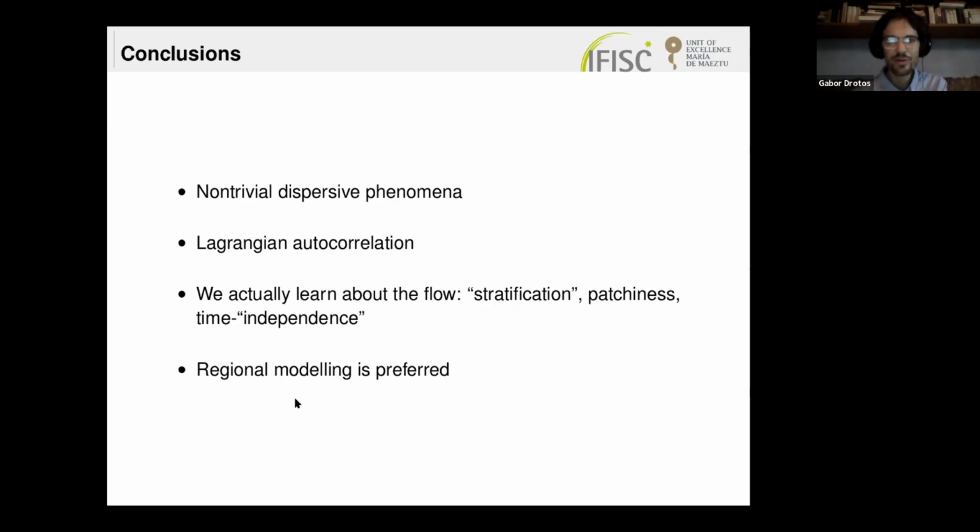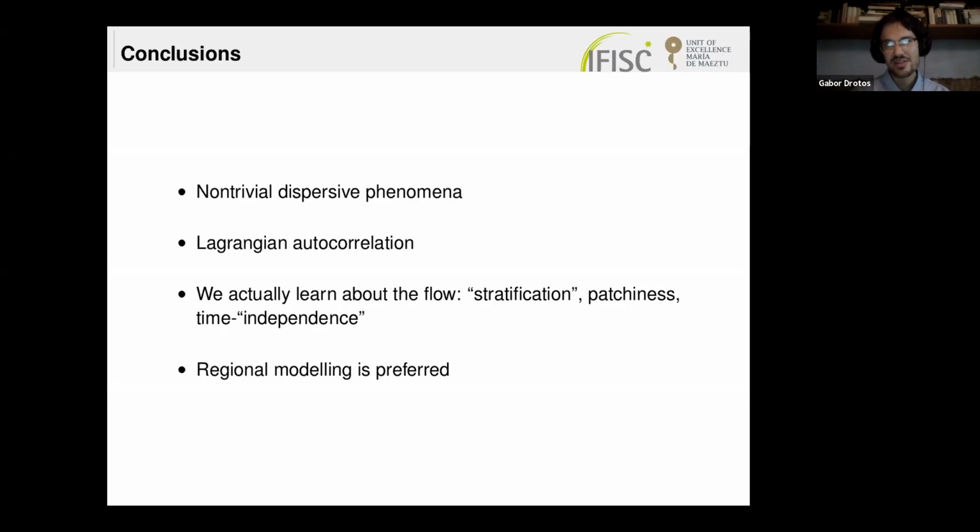And one further remark is that patchiness of the flow clearly indicates that for a given evaluation, for a targeted study, different regions must be modeled separately. And in that case, we will find different results in different regions of the